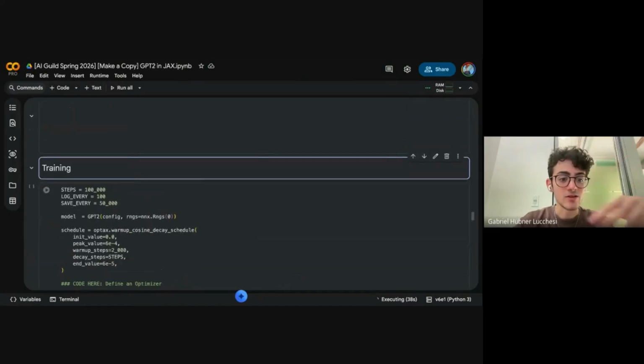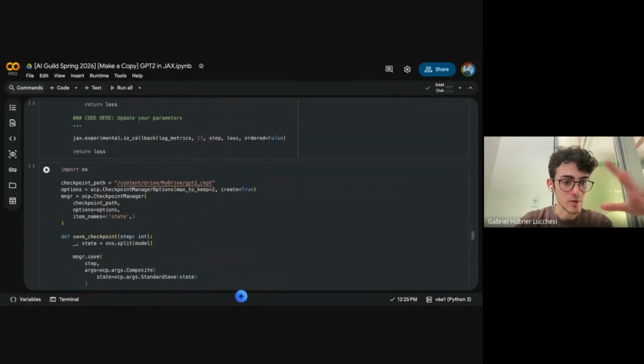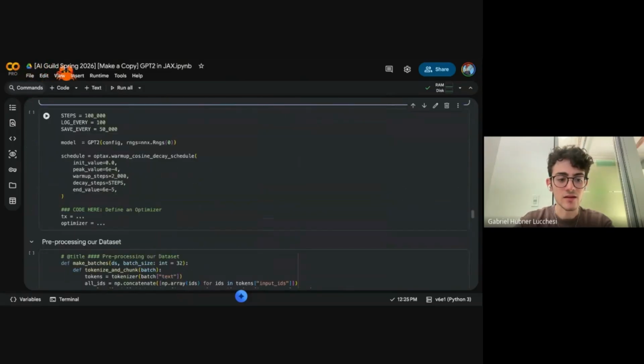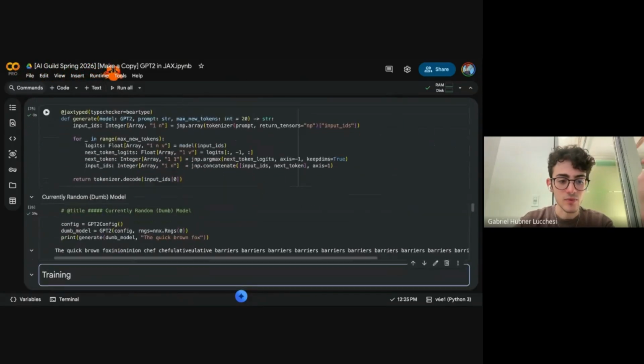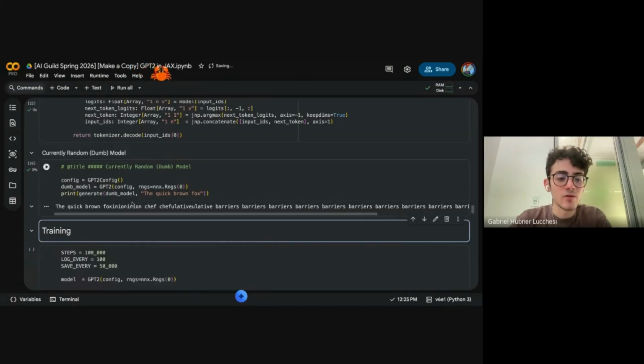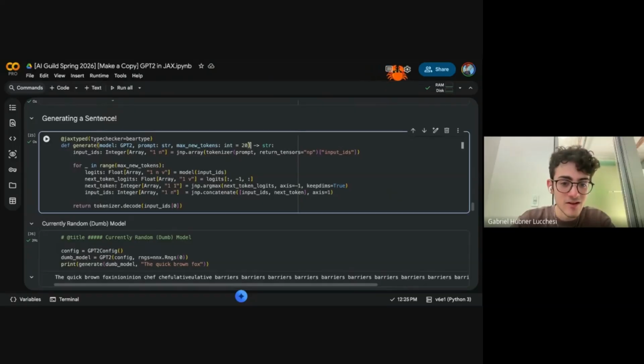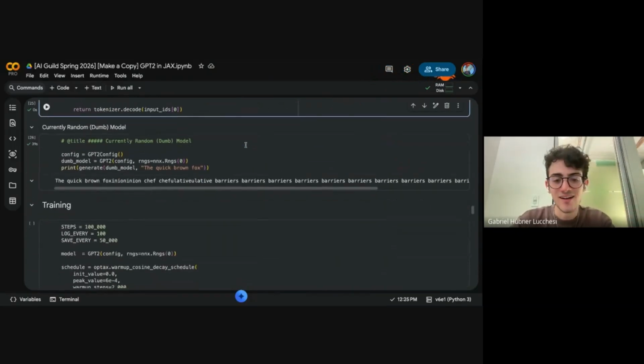And now we're going to create the training loop, which I already implemented everything here. We just have to create the loss function and the optimizer. So here it generated the quick brown fox, Sinian, nin, chef, relative, bears. I told it to generate up to 20 tokens here, and it generated just absolute jargon, which is the funniest thing.